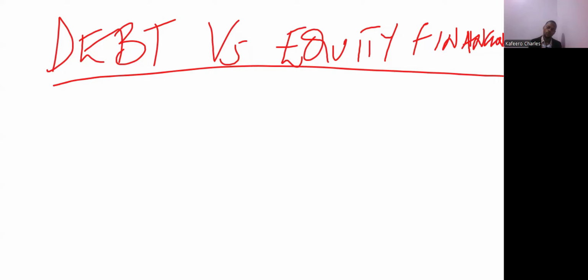Would it be good for you to have more debt than equity, or would it be fair for you to have equity more than your debt? So we are kind of comparing what should be the idea. So financing a business through borrowing, of course, when you are borrowing, that's debt. Financing a business through borrowing is cheaper